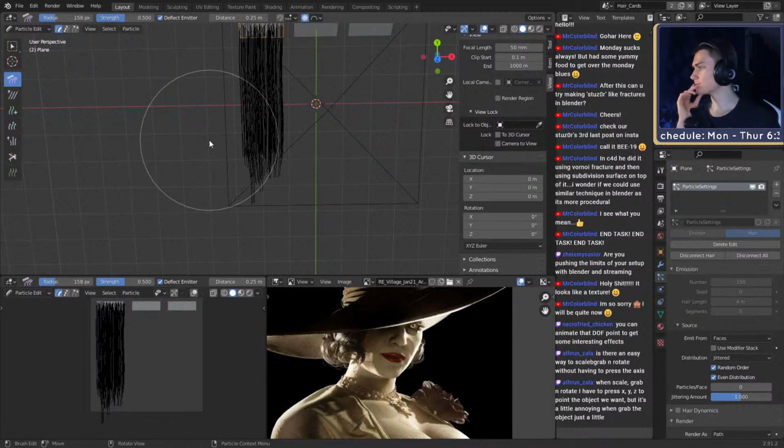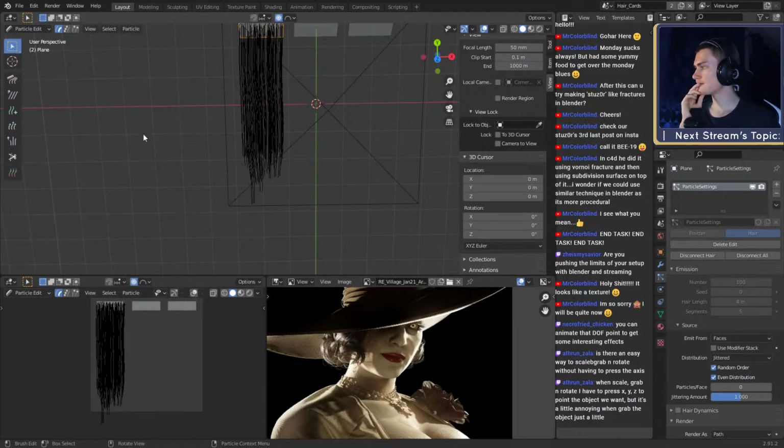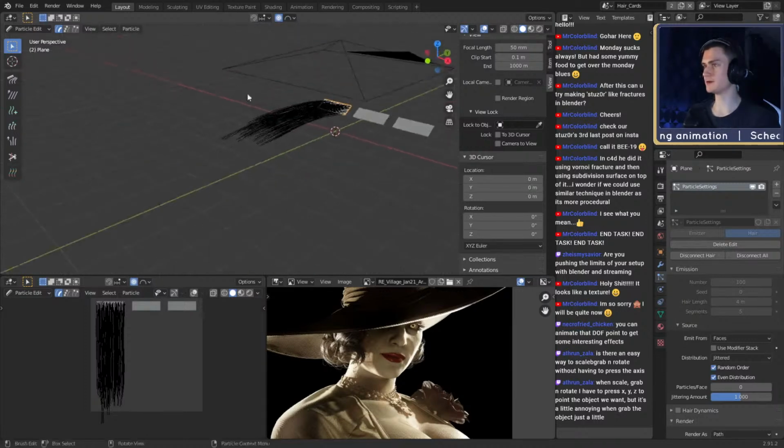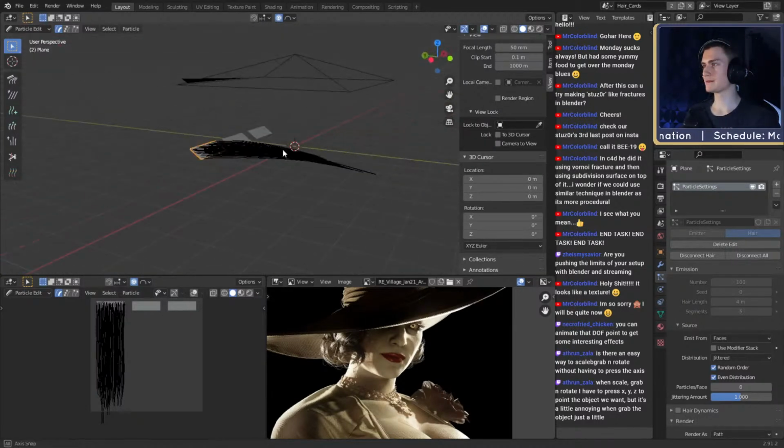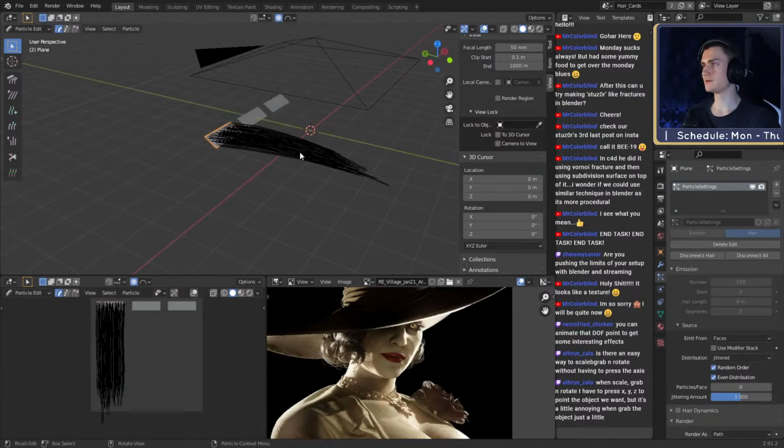When I scale, grab and rotate, I have to press X, Y, and Z to point to the axis we want, but it's a little annoying when I grab the object just a little. So you mean when you want to move the object by just a little?